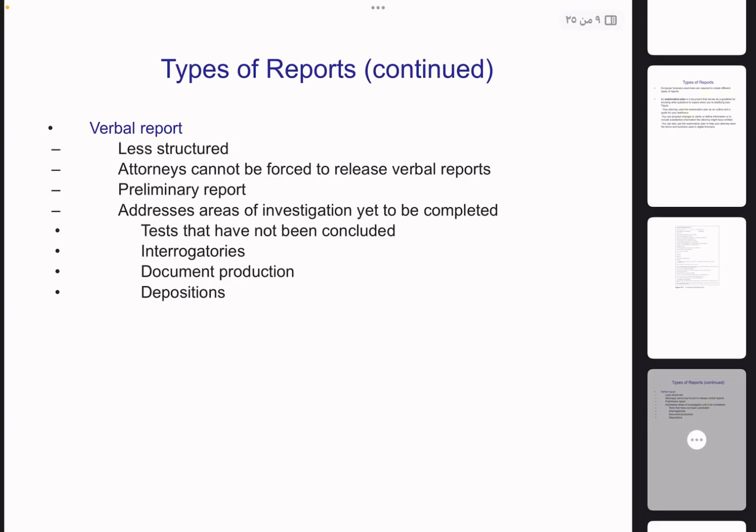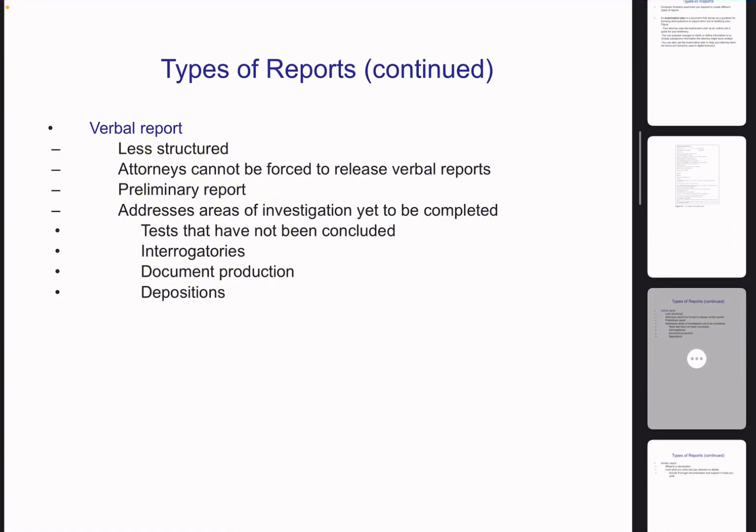Types of reports, continued. Variable reports: less structured. Attorneys cannot be forced to release variable reports. Preliminary reports address areas of investigation yet to be completed, tests that have not been concluded, interrogatories, document production, depositions.